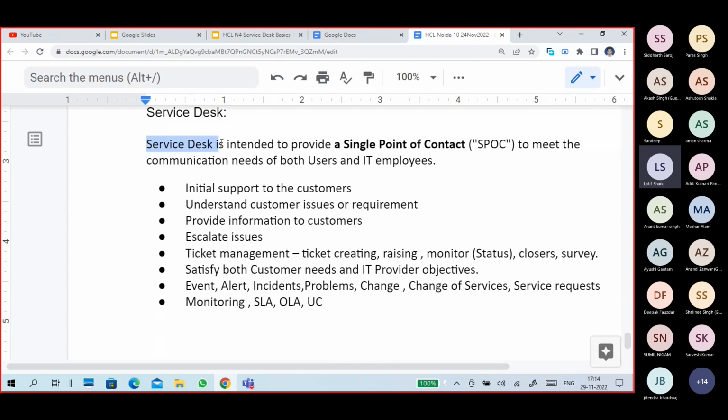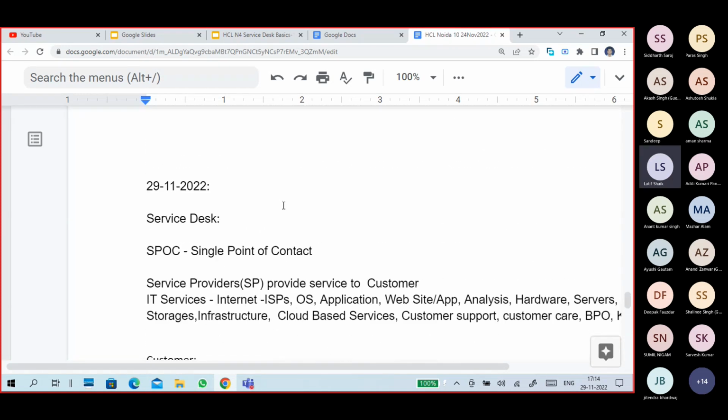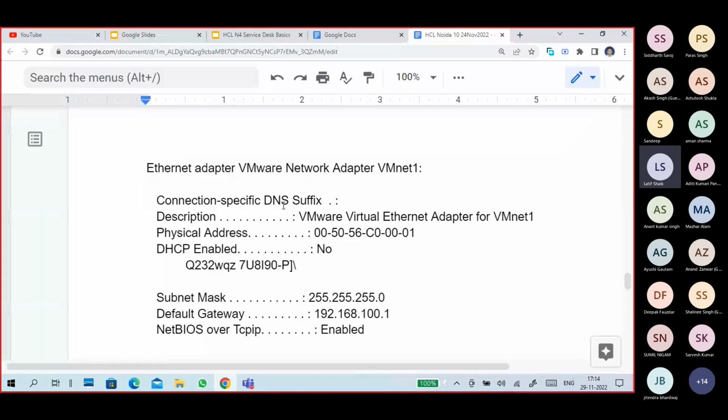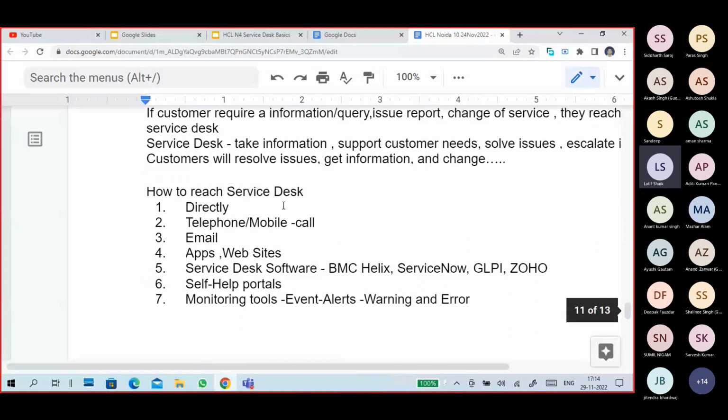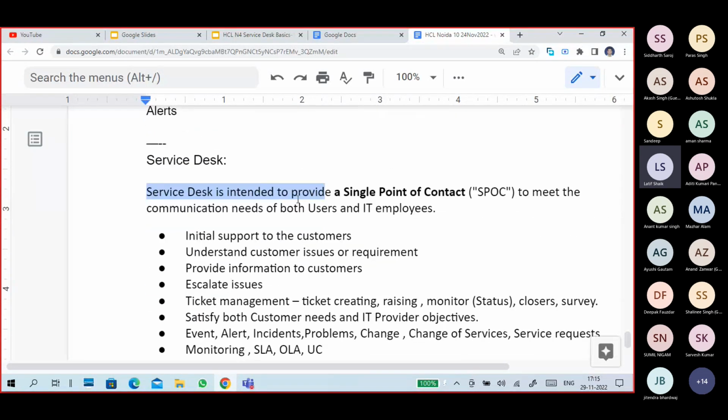Guys, service desk is intended to provide a single point of contact. It means a customer requires some information, or a customer wants to report an issue, and he doesn't know how to get help directly from a particular technician, right?